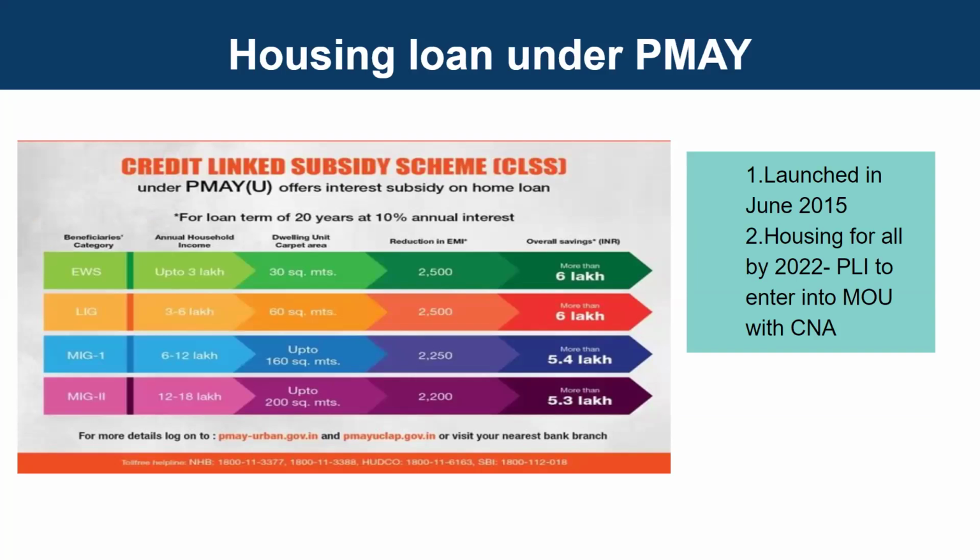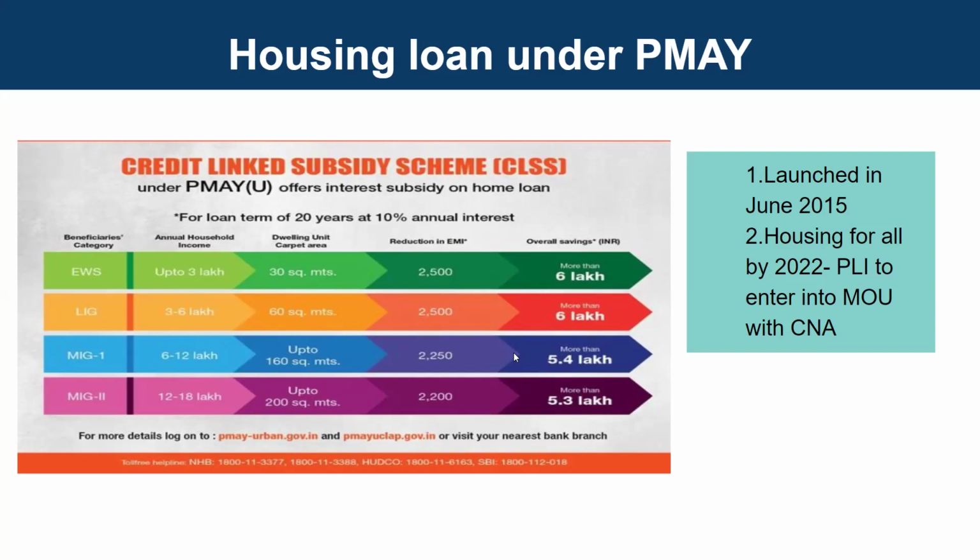We have another topic under housing loan called the housing loan under PMAY. PMAY is the Pradhan Mantri Awas Yojana, which was launched on 25th June 2015, and intends to provide housing for all in urban areas by the year 2022. In this, the credit-linked subsidy scheme is being implemented. Here, the primary lending institutions, which include scheduled commercial banks, RRBs, and state cooperative banks, have to sign an MOU with central nodal agencies like HUDCO and National Housing Bank in order to provide housing loans